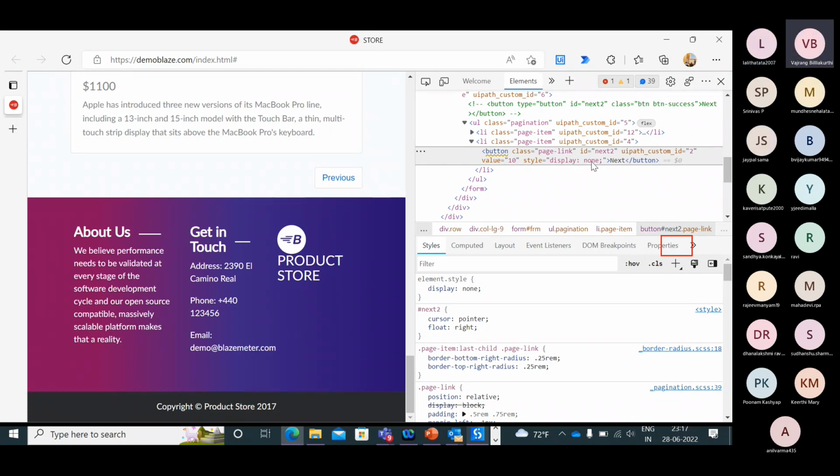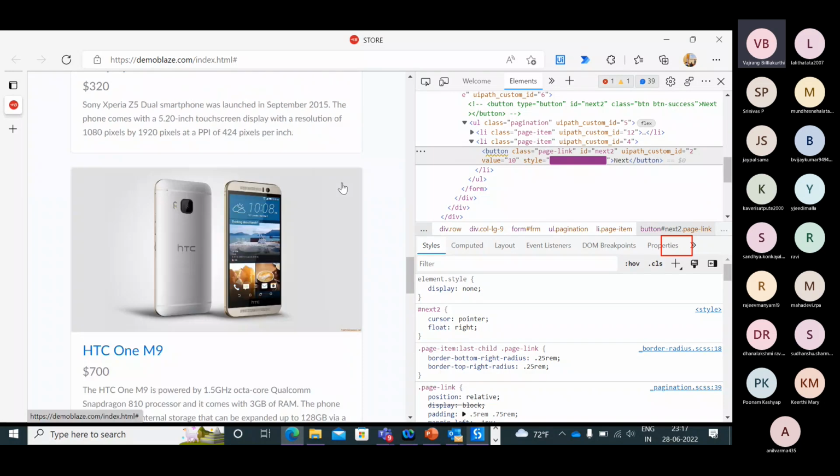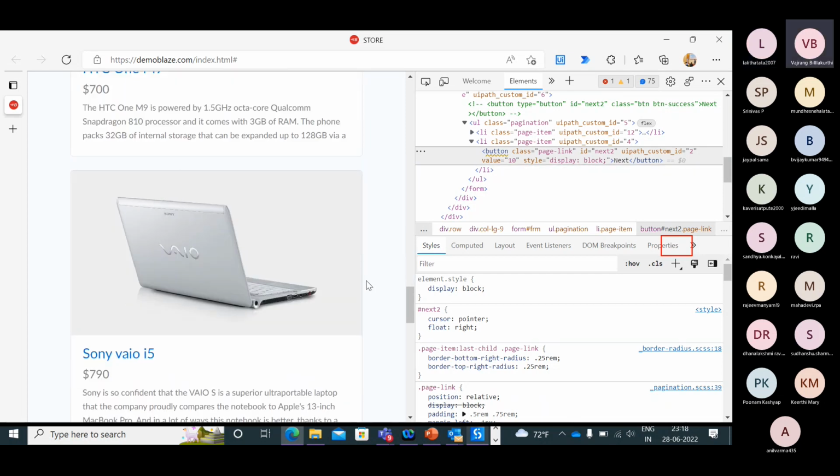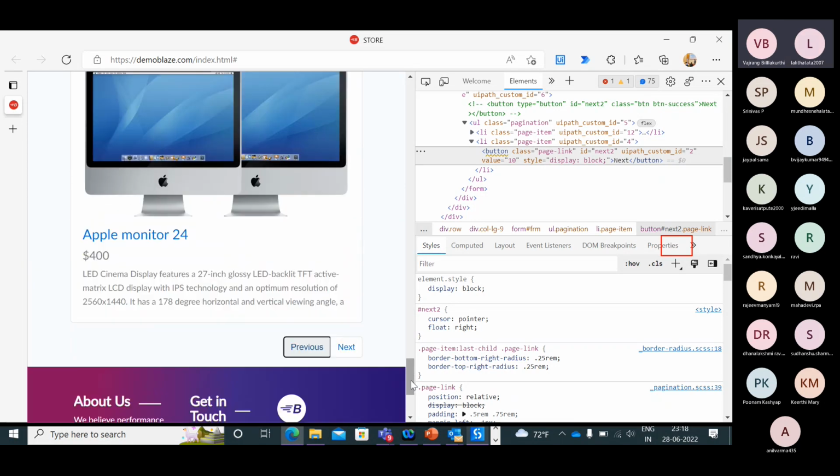So if you go back to the previous page, and if you remove none and change it to something else, it appears. There are only two types of display here: display block and display none. Block will show the item, and display none will hide the item.